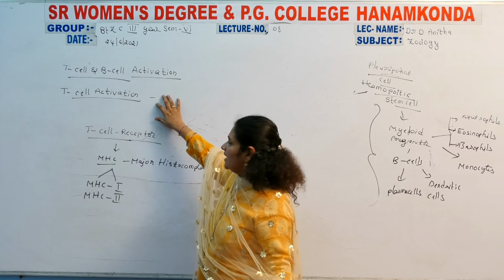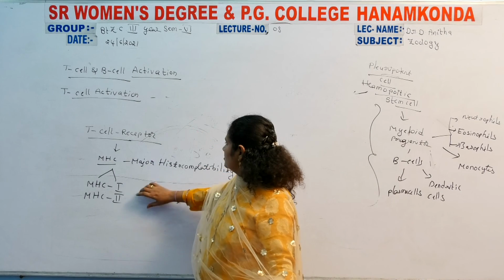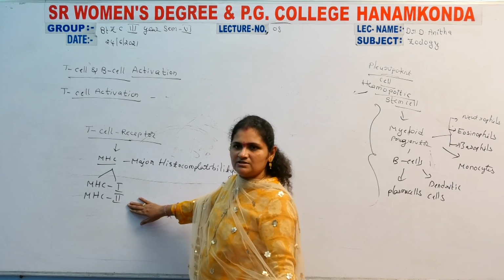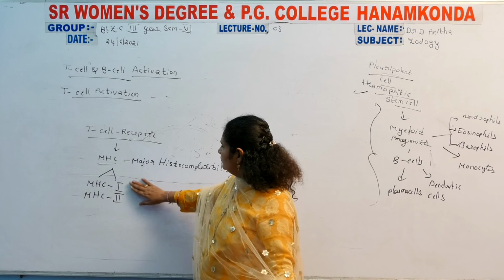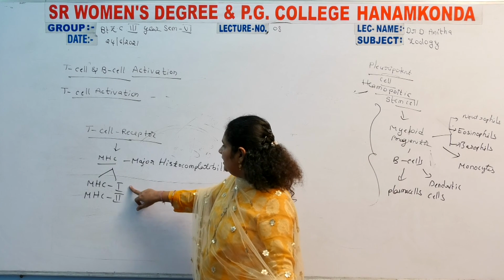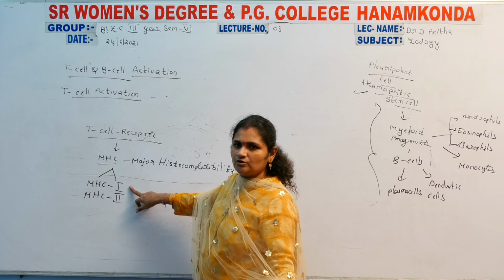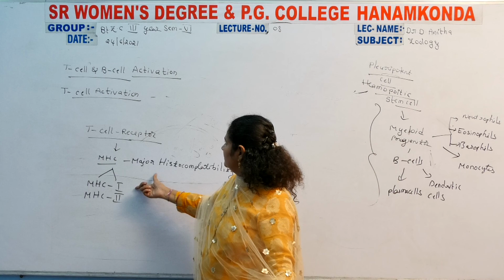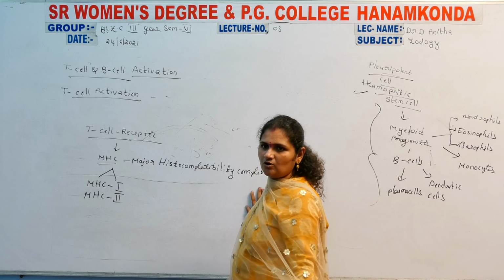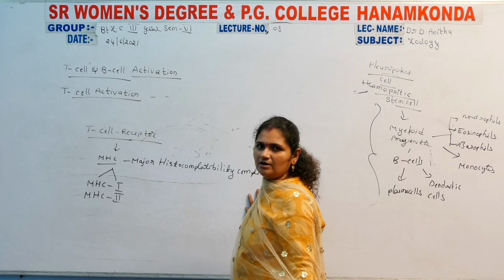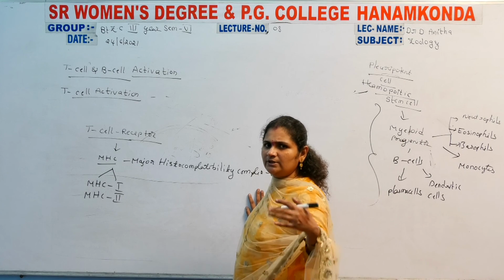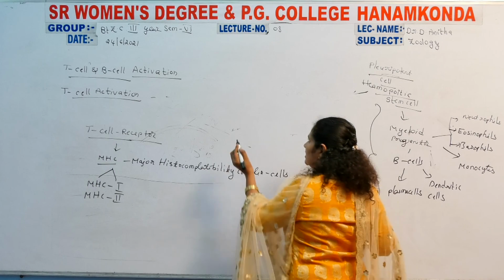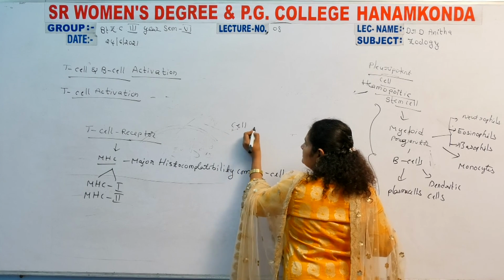So the receptor is needed for activation of the T cell, and the MHC molecules are also mediators for activation and recognition of antigen by the T cell. Those are the major histocompatibility complex molecules, MHC1 and MHC2 molecules. MHC1 mainly acts to destroy the already infected cell, mediated with the help of the T helper cell and T cytotoxic cell. The T cytotoxic cell forcefully leads to the death of the cell, that is called cell apoptosis.